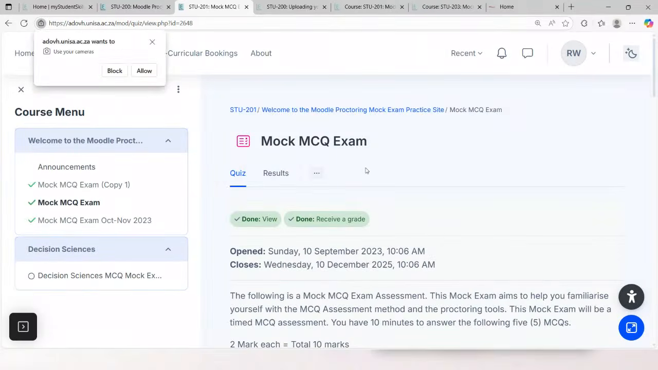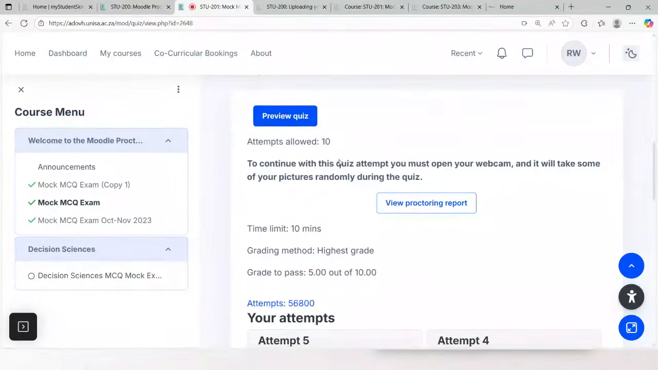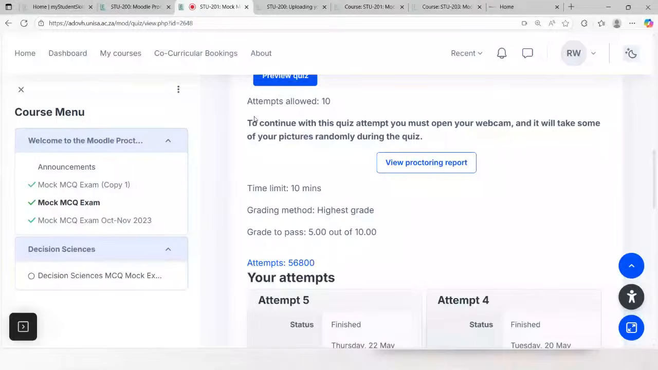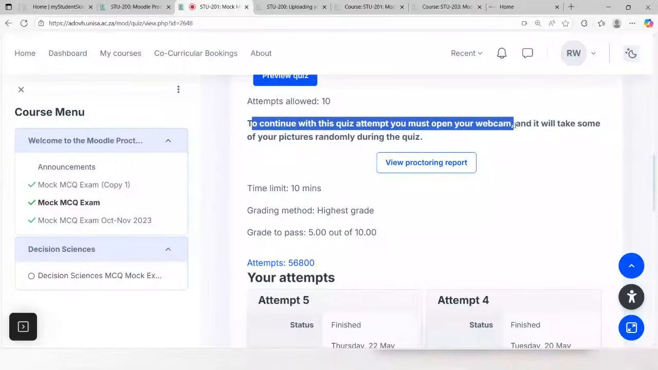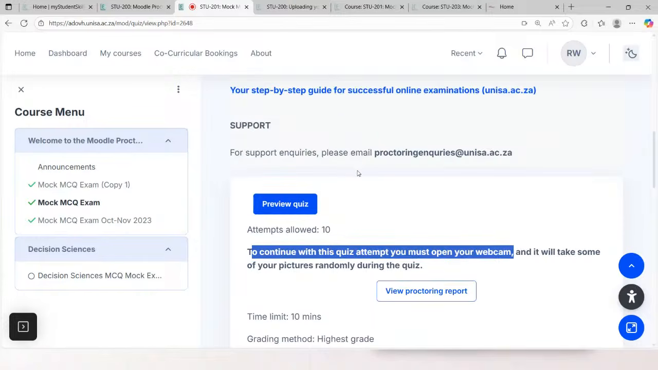So as we mentioned, you can see here at the top, use your cameras. So I have to click allow. Just make sure that you click on this allow button. And then you can scroll down and you'll notice here it's the message that it's using your webcam. So it works exactly, how I would say, with your normal